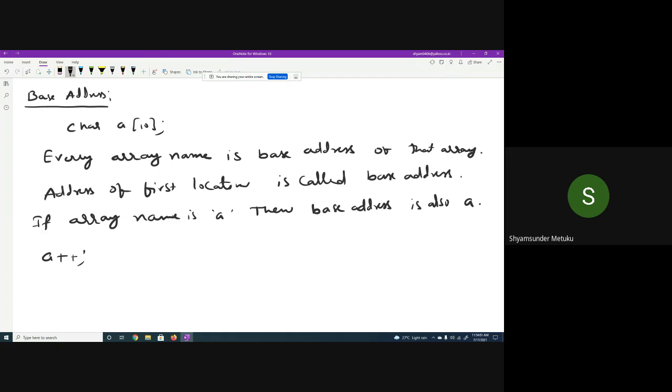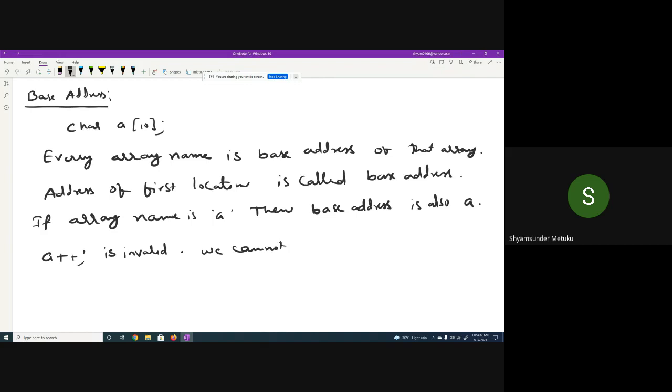Can I modify 1000 to 1001? It is not possible. Yesterday I said no. It is a constant. A is a base address and it has the property of a constant. We cannot modify the base address. If you want to go to the next address, you should add a plus 1, but a plus plus is invalid. We cannot modify the base address of the array. That you must remember.